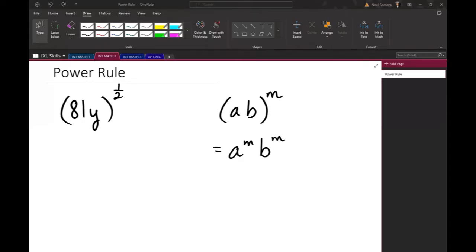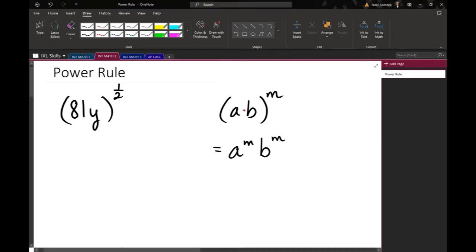All right, we're going to be taking a look at using the power rule. Now, in this case, what they mean by the power rule is having the product of two expressions inside the parentheses to a given exponent. And so for reference, what we're using here is the property that tells us that if you have A times B, which just means any two terms